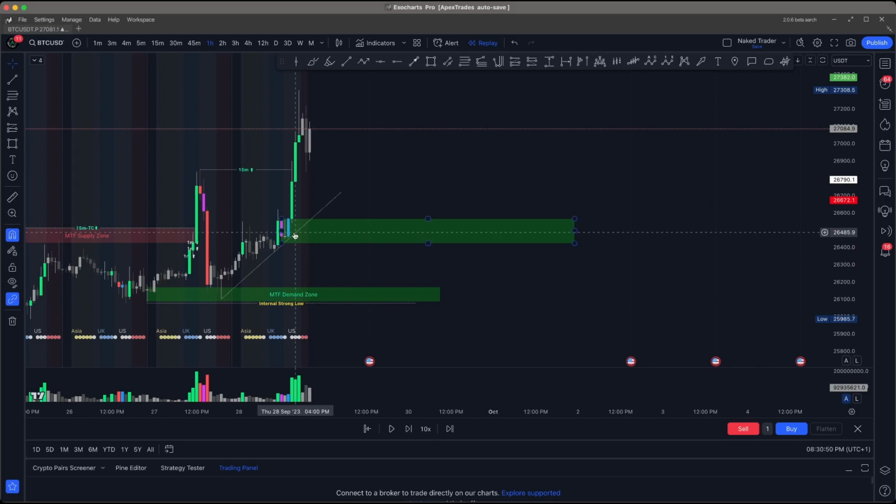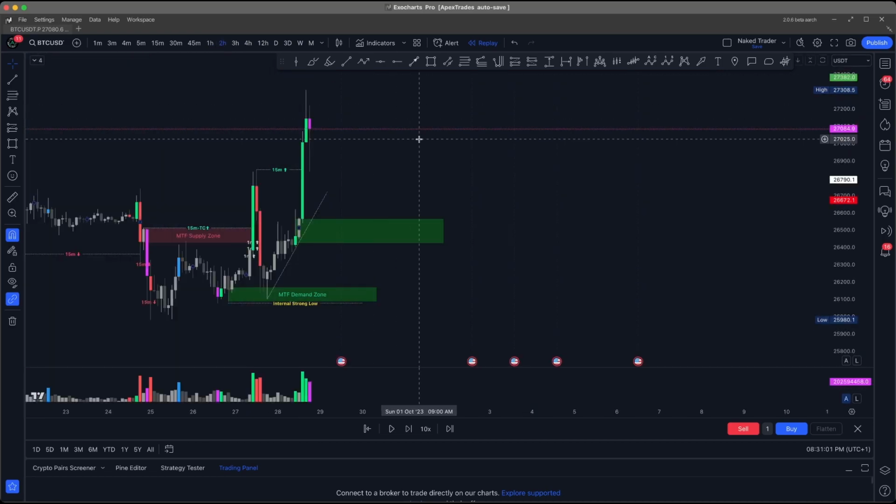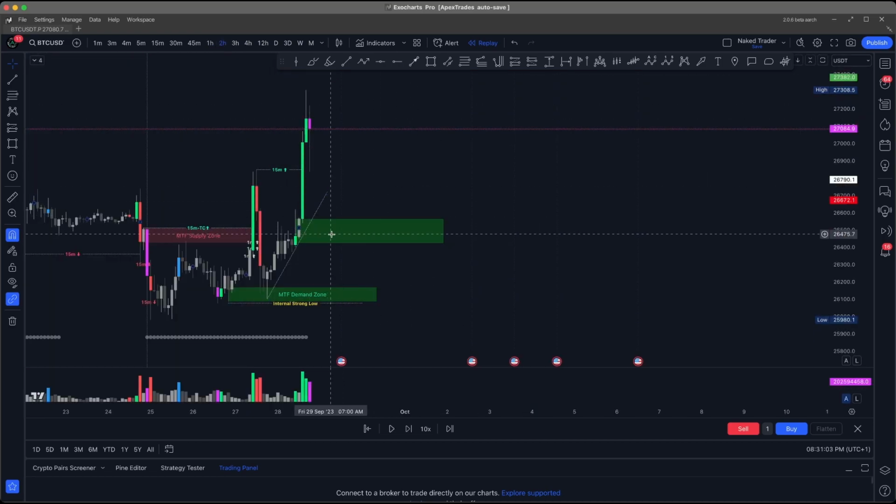Yeah, it's nice on the 1 hour, right? You see the initiation candle, this big move up, second move up. This is the demand zone that creates it. Here's the imbalance between these two candles. I'm assuming if I go to the 2 hour, yeah, it's one perfect candle, right? You can see, nice candle.